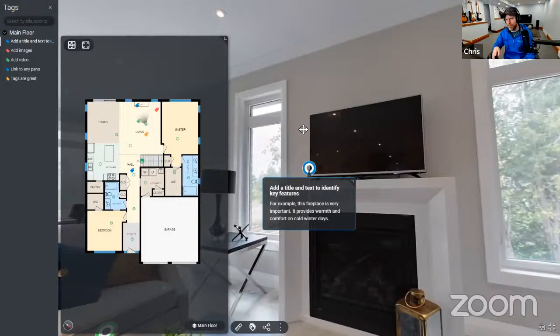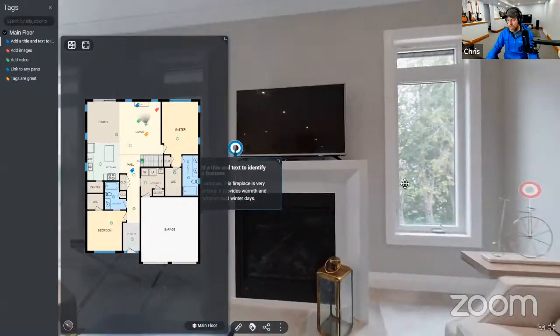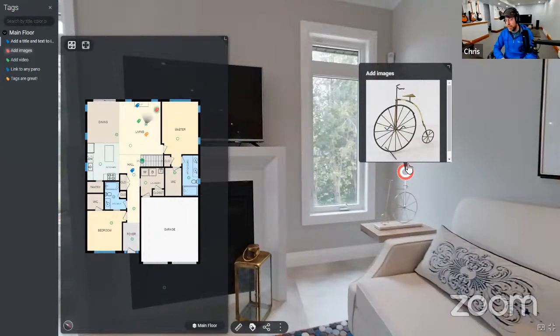The possibilities are also endless with text. Excuse me, Chris. I think we did look at one that had images. I guess it was maybe a bicycle. Yeah, I just put that in there. And can there be more than one image within that carousel? There can be. You can have as many images and text as you want.